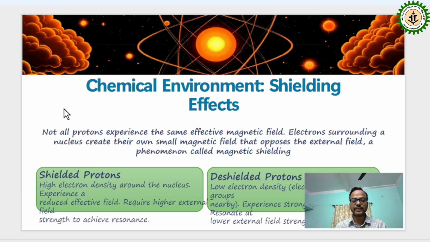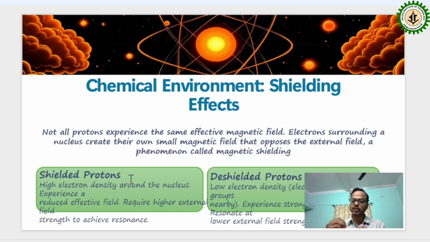But if this atom is attached to any electronegative atom, then the electron cloud will be pulled by the other atom, and the nucleus will be exposed, and that is what we call deshielded. That means which element the hydrogen atom is attached to matters, because if this element is much more electronegative,